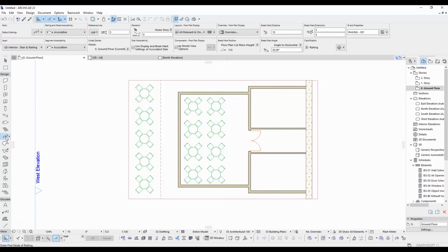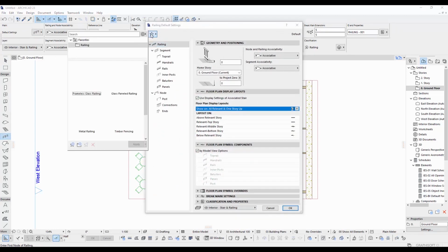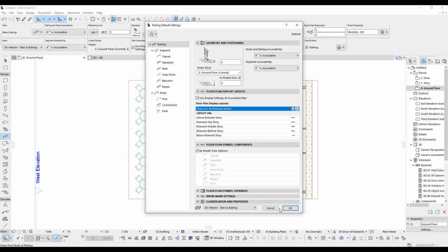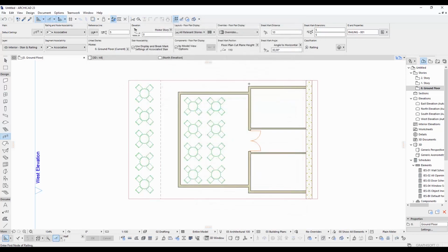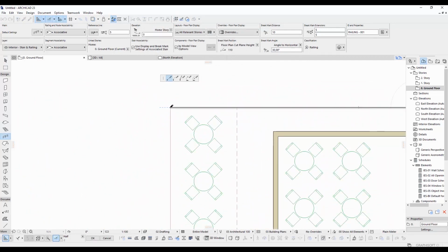I'm going to place the railings. I think the best railing tool is in ArchiCAD among the other BIMs. I don't need extra design for this tutorial for now. I'm gonna use favorite designs. I'm gonna start from here, from this corner